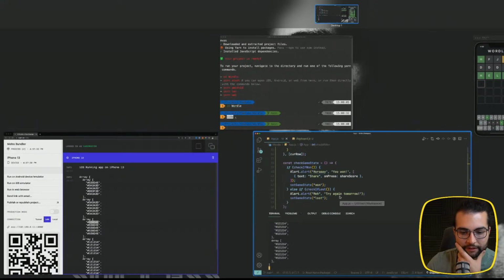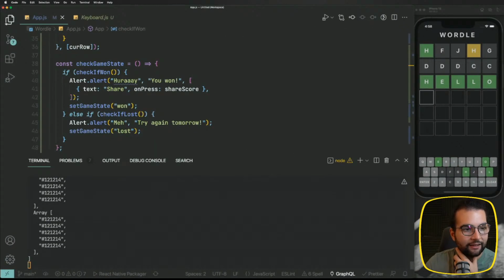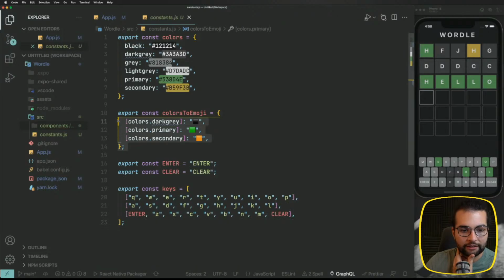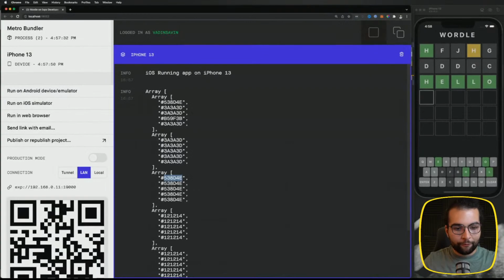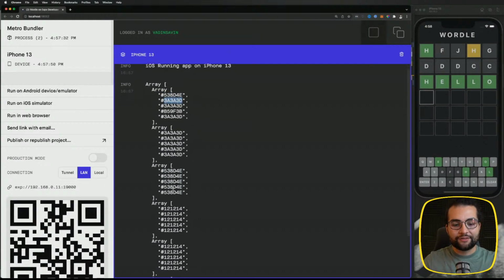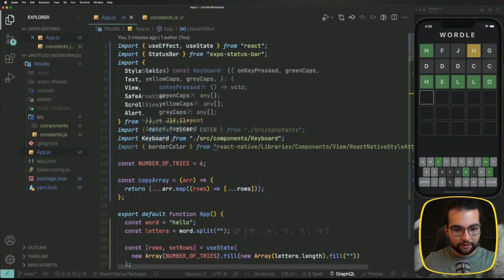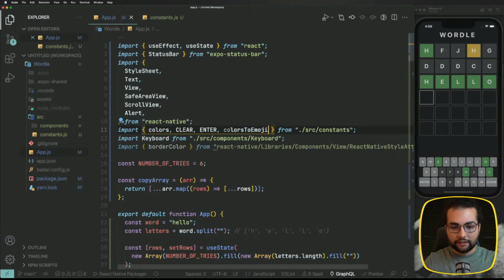How to proceed? Look, in our constants, I made a map, a simple JavaScript object that serves as a map, where the key is our color, for example, dark gray, and the value is one of these squares. Now, using these colorsToEmoji, we can simply map from these values to the squares that you saw there. Let's try to do that. Let's, in our App.js, import colorsToEmoji,